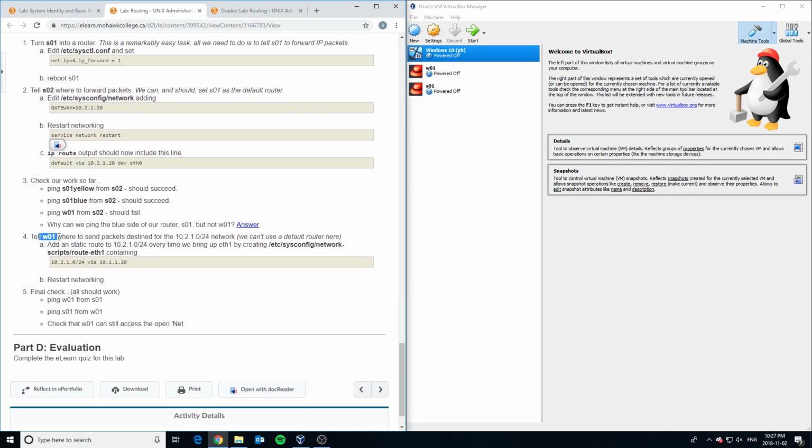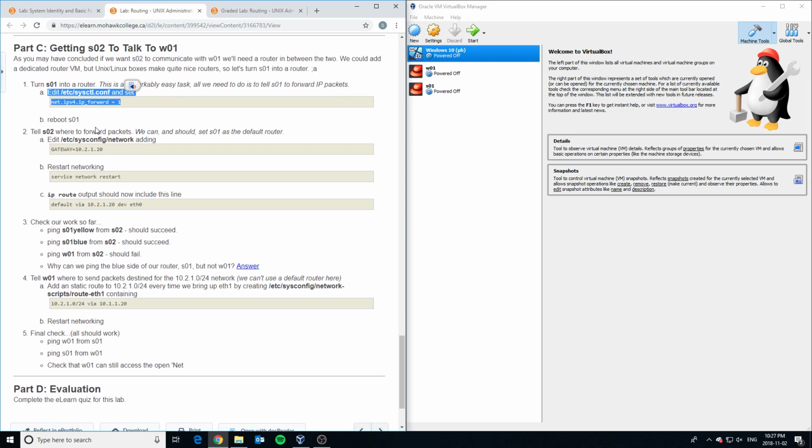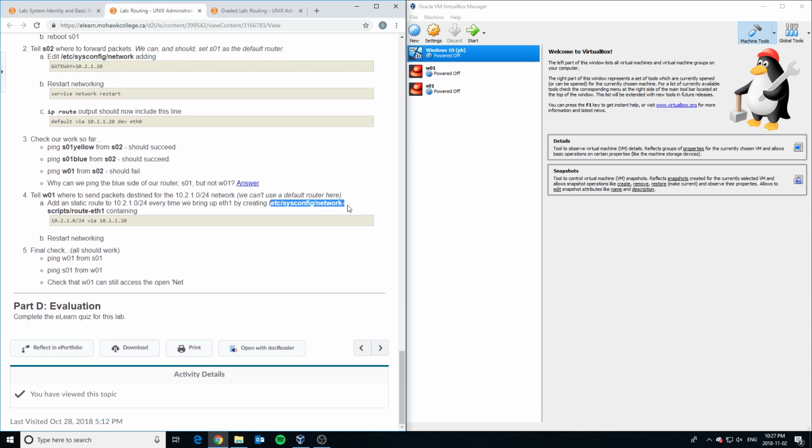But then you go into WO1 and you create a new file. So this is the third new thing. This is the first new thing you learn. This is the second new thing you learn. And this is the third. That's it. And you create this new file, and what it does is it creates a static route, because remember,